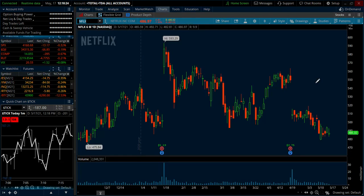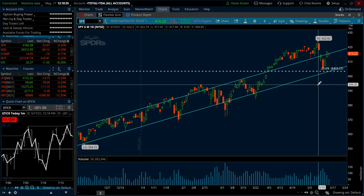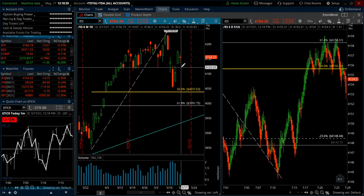By and large, Tesla's probably the weakest of the main FANG stocks. Tesla, FANG, Microsoft, Nvidia, the big names that are heavily traded. So as we look at the ES